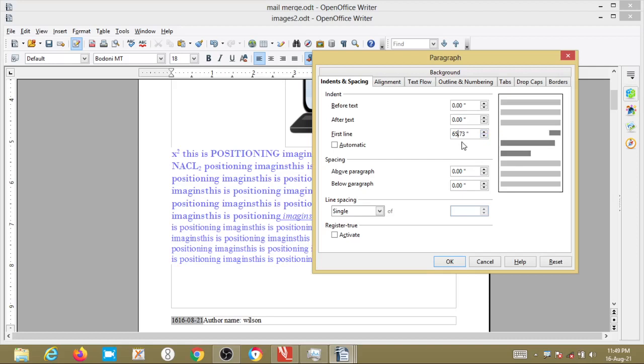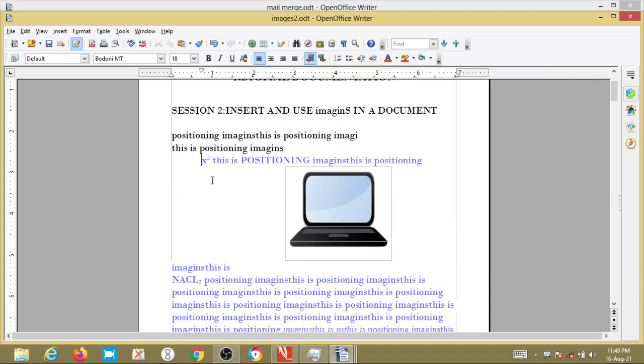See, for the first line, meaning the paragraph's first line, you specify how much distance. If I give 0.73 inches from the margin, that much space I have given in the indent and spacing is given for the first line of that particular paragraph. So, before text, after text and first line. There is one more option called automatic. Checking this box allows the writer to automatically control the indentation on the first line.